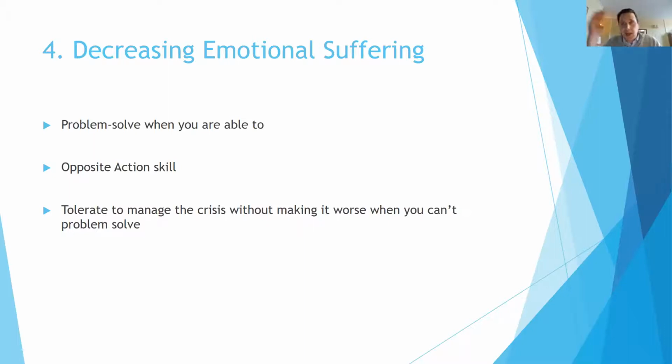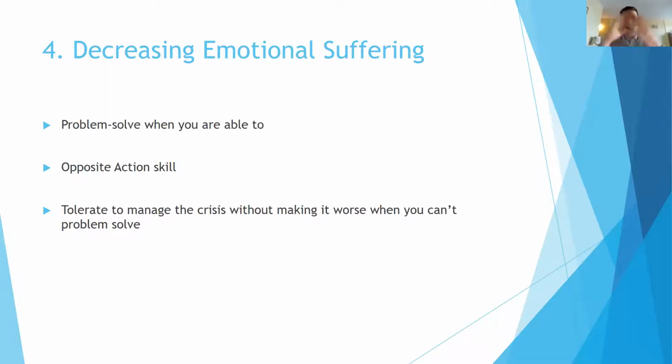But if I'm 10 out of 10, I might not be able to problem solve. In fact, you're less likely to be in a spot where your brain functions so you can problem solve, or you're in this fight or flight response, right? The main goal at that point is to maybe just manage through the situation until you can get to a spot to better manage it. So I might need to distract myself when I'm 10 out of 10. I might need to soothe myself when I'm 10 out of 10.